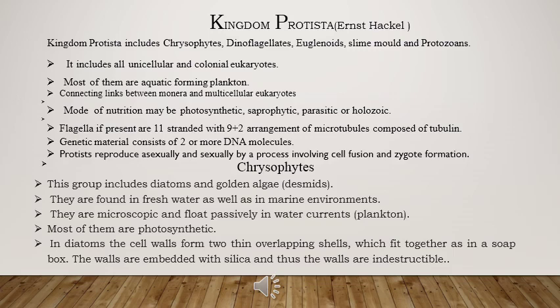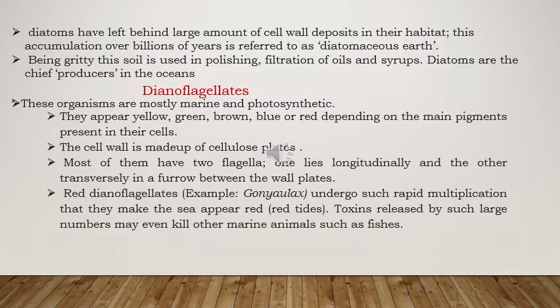The wall is embedded with silica and is indestructible, or you can say cannot be broken down easily. These diatoms leave behind a large amount of cell wall deposit in their habitat. So after accumulation over billions of years, the earth where these cell walls get deposited is known